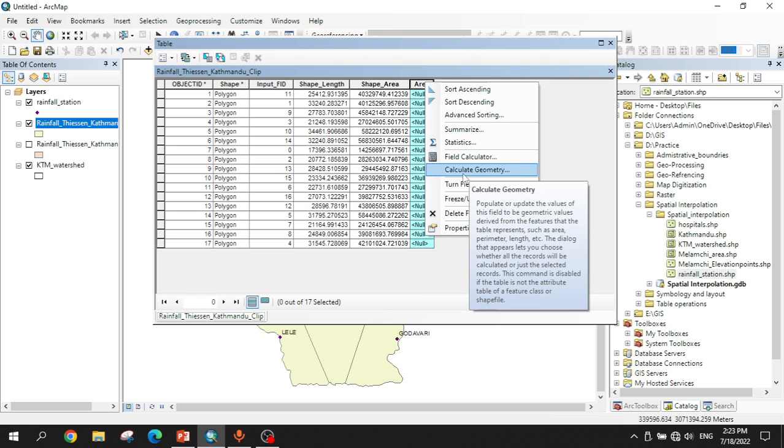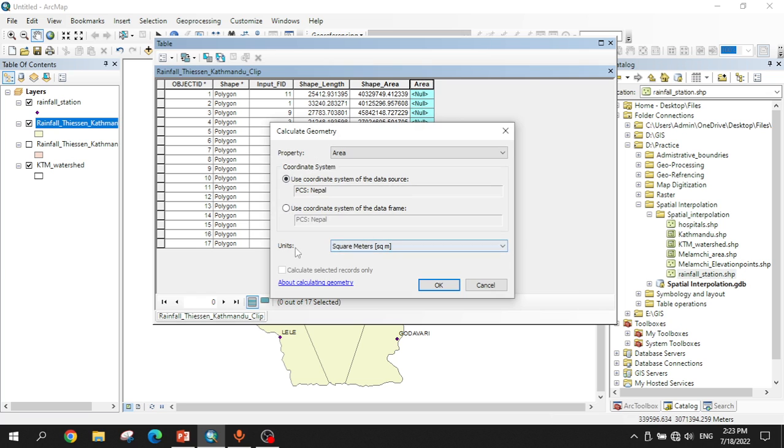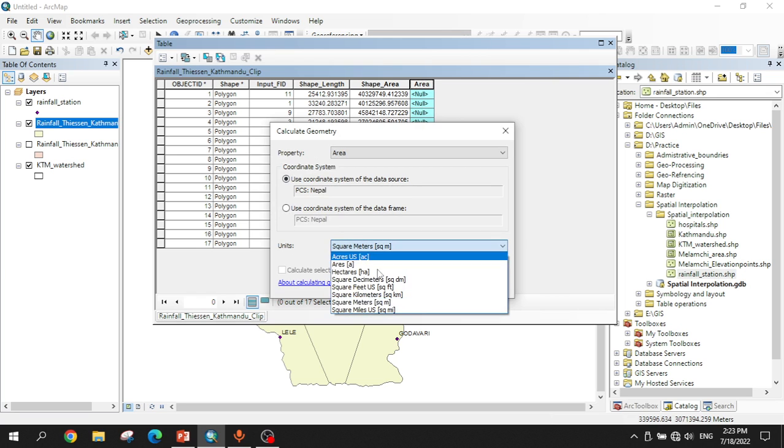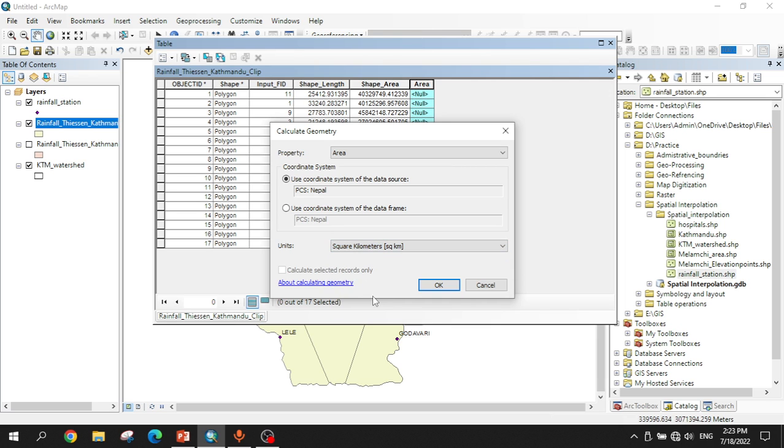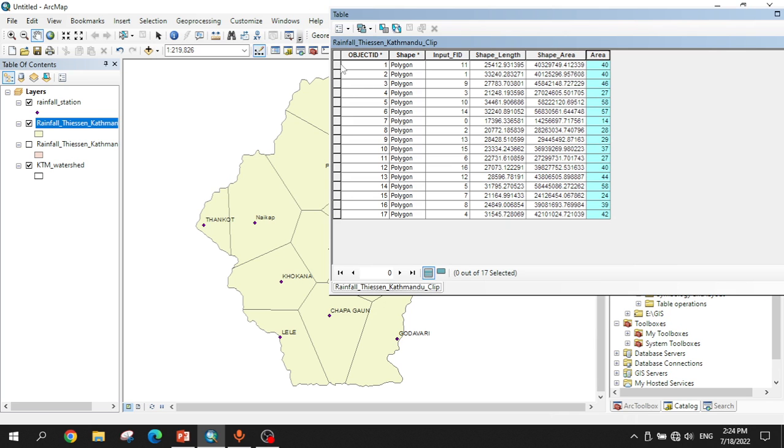Then you have to choose this option, calculate geometry. And from this, you have to choose the square kilometer. Then OK. Then it will calculate the area for each station. It means like this. If you click here, then it shows the area for this Kokana area, rain gauge influence